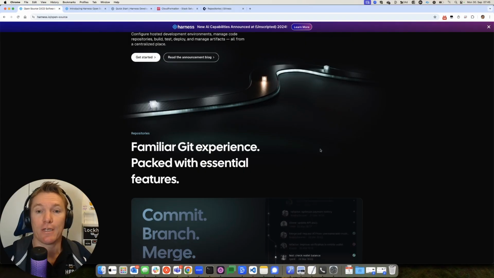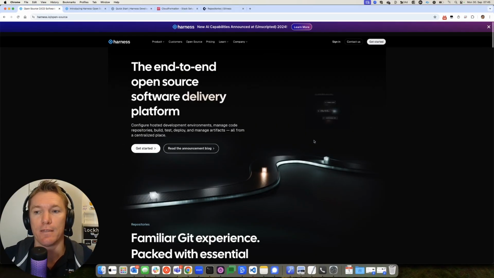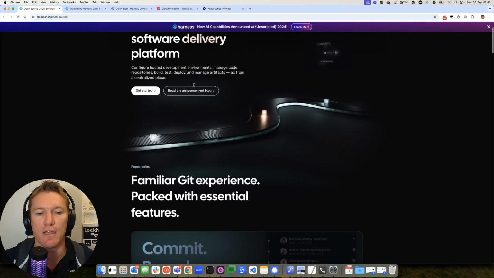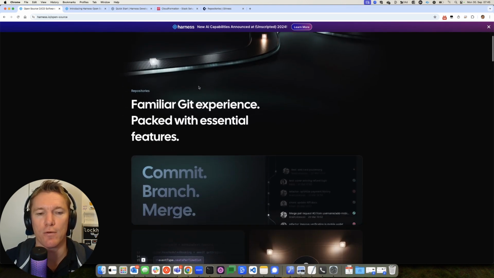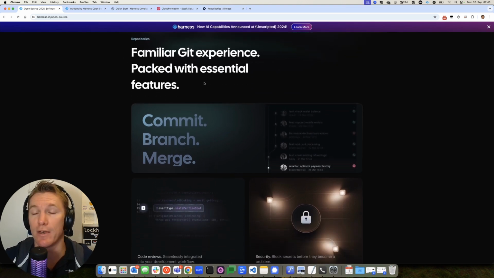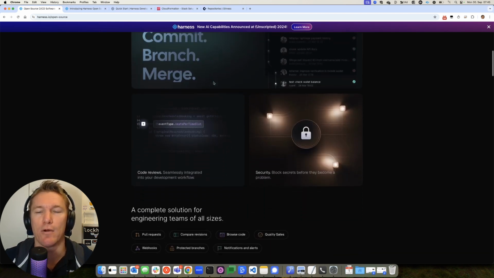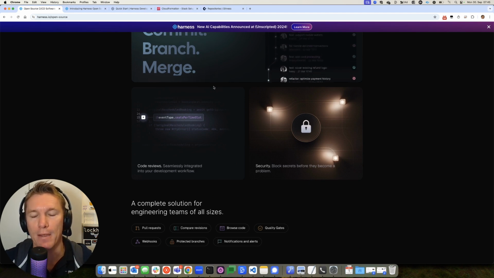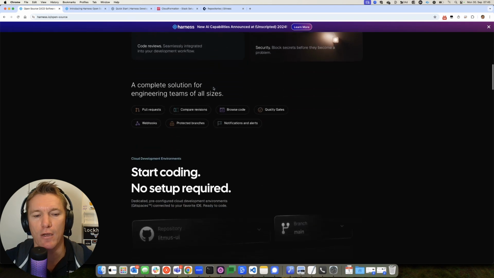As already mentioned, Harness is the open source version now of Harness, which was previously called Gitness. And if you go to the homepage, you will see that they focus a lot on making sure that everyone knows that they are open source. In fact, it's also a vendor that tries to make money, and it has always been. And now the rebranded version of Gitness, which we're looking at now, still has a few naming problems, but they offer you to